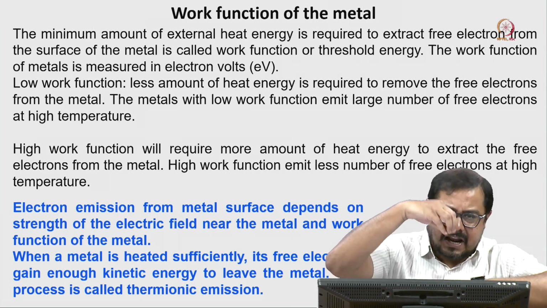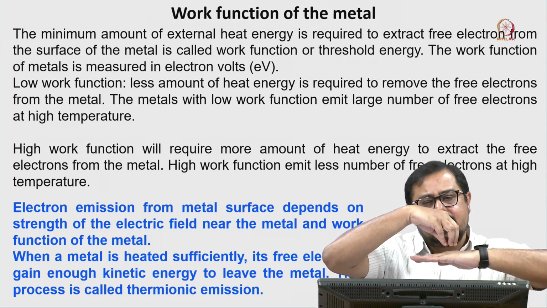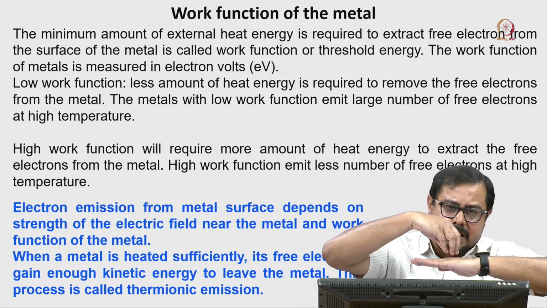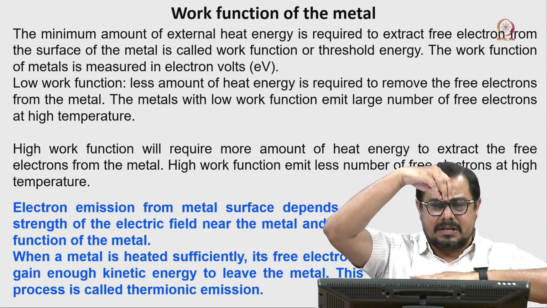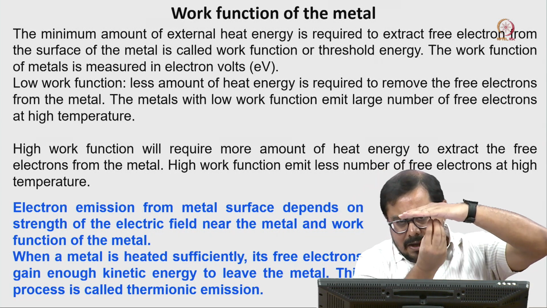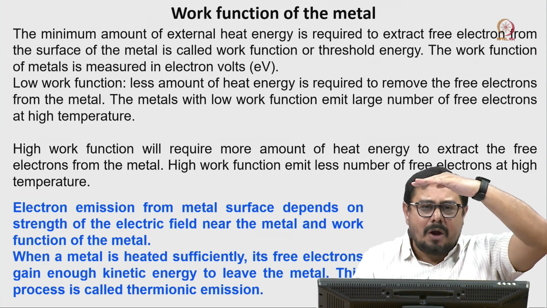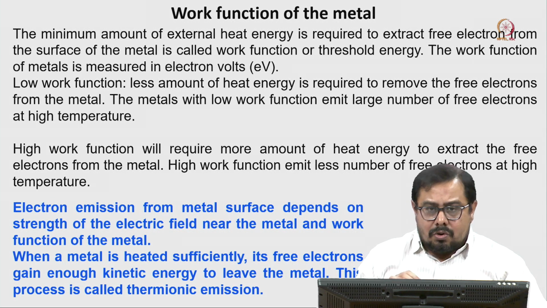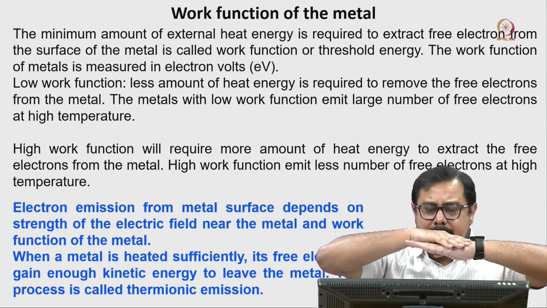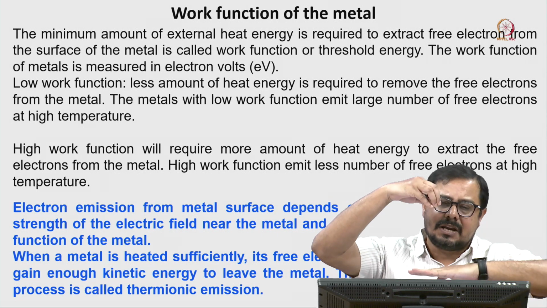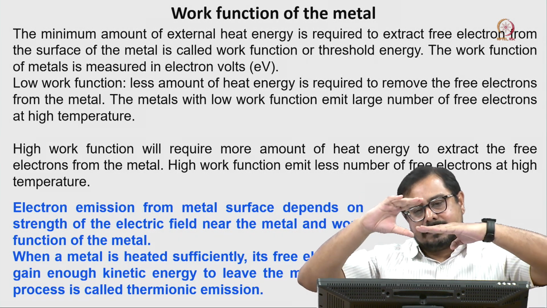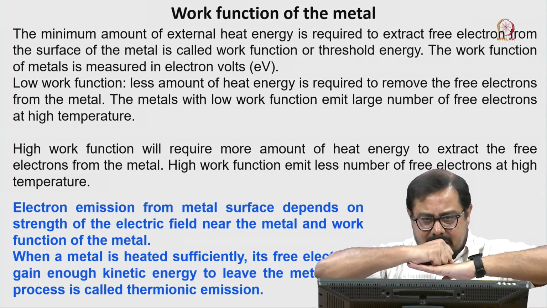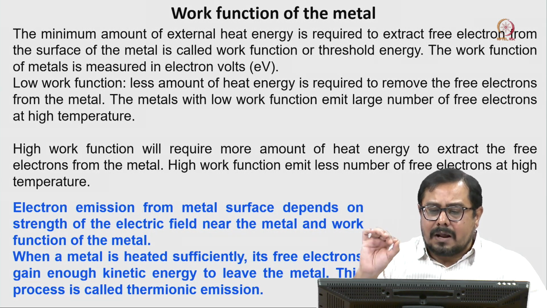So, if we can extract that electron from the metal ion, that will really help us to make an electron gun, because then we can use some kind of accelerator voltage, and now there is a system which can pull out this electron from the metal. So, when we are talking about that, we have a metal surface and we have to detach that electron, and we need an energy. At the same time, that metal also has some kind of force or energy which is trying to keep that electron. That is called the work function of the metal.